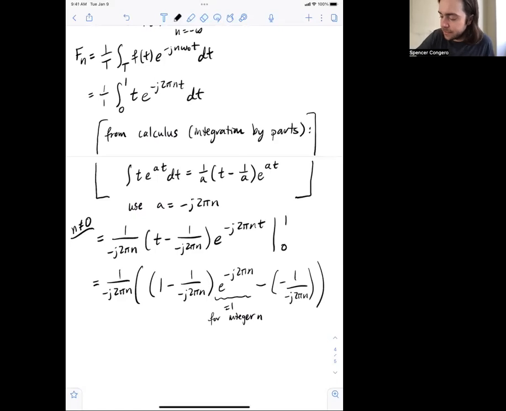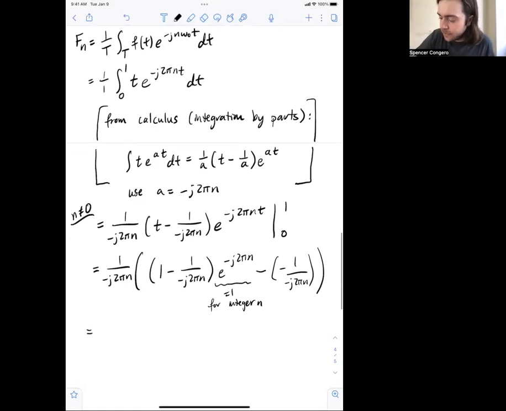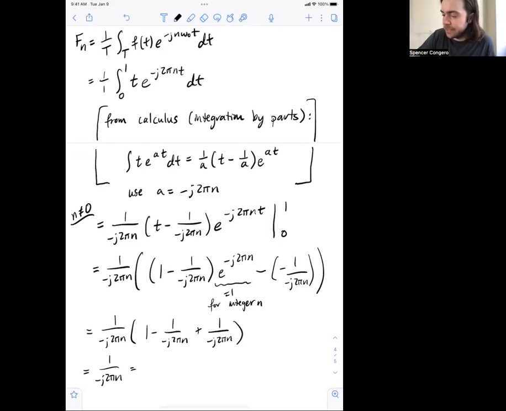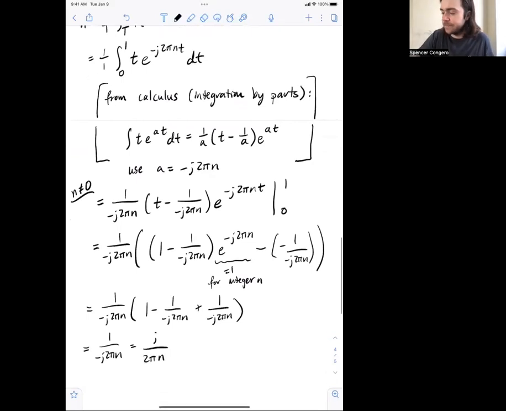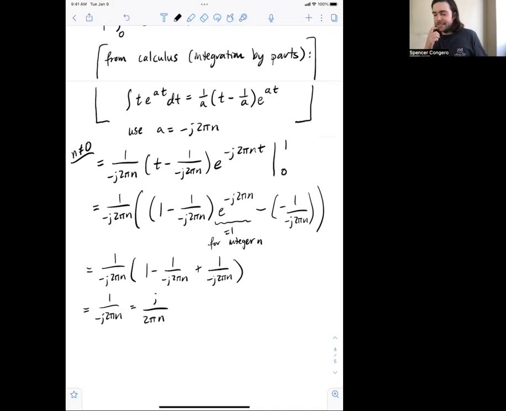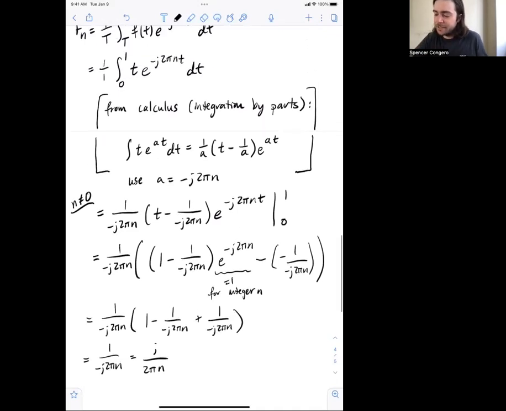Okay, so what do I end up getting? I end up getting 1 over negative j 2 pi n times 1, minus 1 over negative j 2 pi n. And then over here, well, times 1, and then minus minus, so plus 1 over negative j 2 pi n. Look at that, those two terms cancel. And I'm just left with 1 over negative j 2 pi n for my Fourier series coefficients. And you can also write that as j over 2 pi n if you want. Okay, so that's a nice simple expression for my Fourier series coefficients, but that was only when n